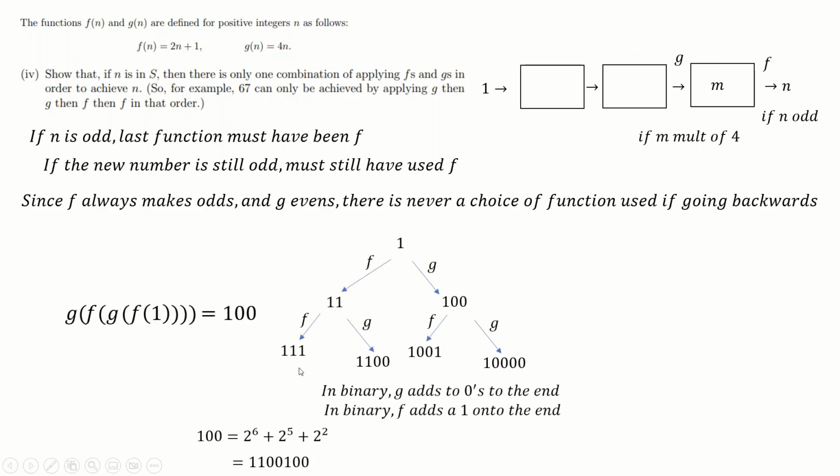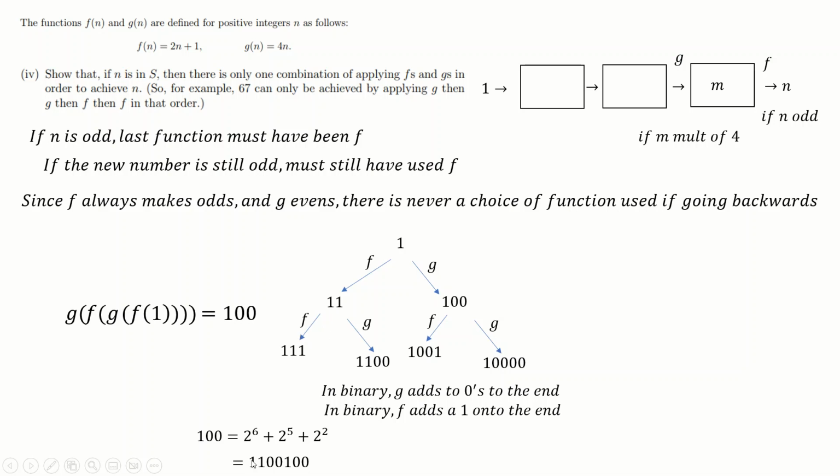Again, you can think of this in binary, because you can think of g as just adding 2 zeros, that is exceptional use of the word 2. This should be TWO, of course, but whatever. When you add 2 zeros onto the end, or just slam a 1 onto the end,